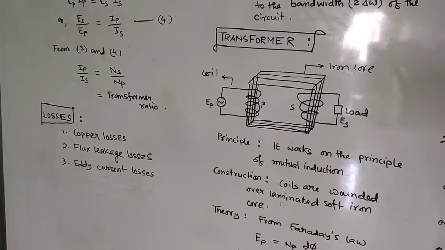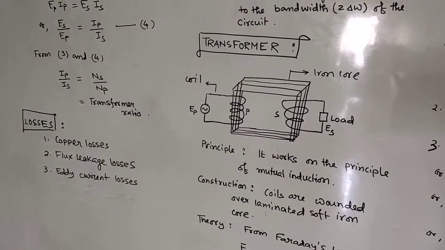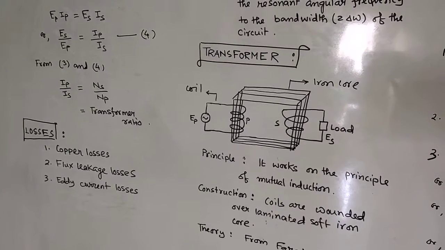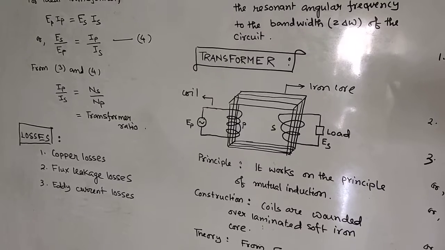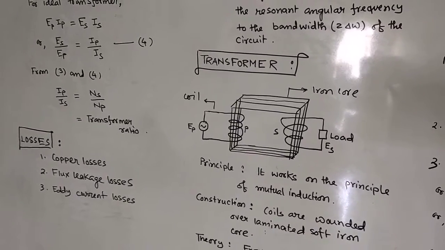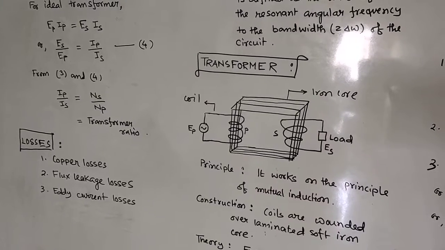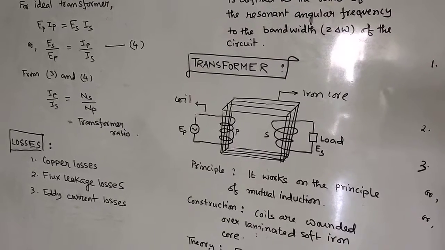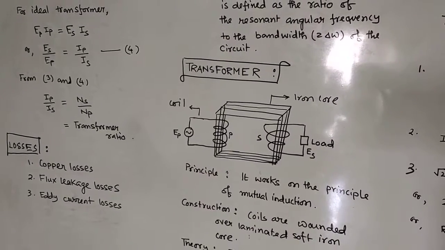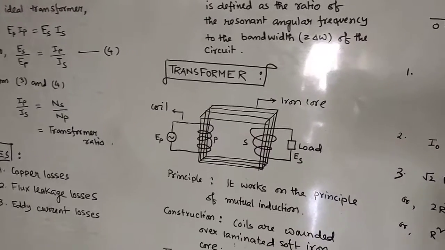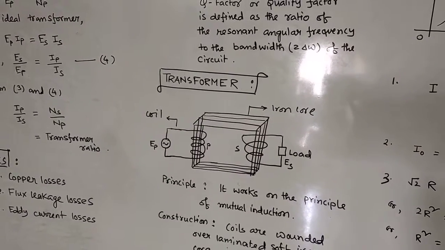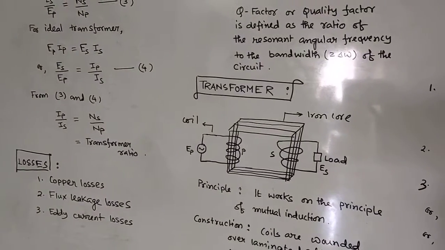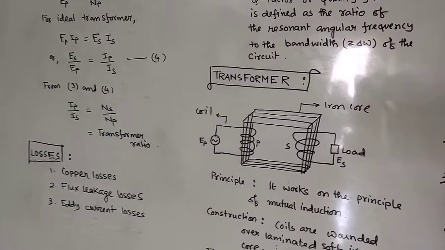Now there are some losses of a transformer. One is your copper loss. Basically the coils are made of copper. So when current flows through the coil, heat will be produced using the expression H equal to I square RT. So some energy gets wasted if you take thin wire, because if you consider R equal to rho L by A, the resistance will be high as the area of cross section is less for thin wire. That's why it is advisable to take thick wire, so that the amount of heat produced will be less. So this is one, copper loss.